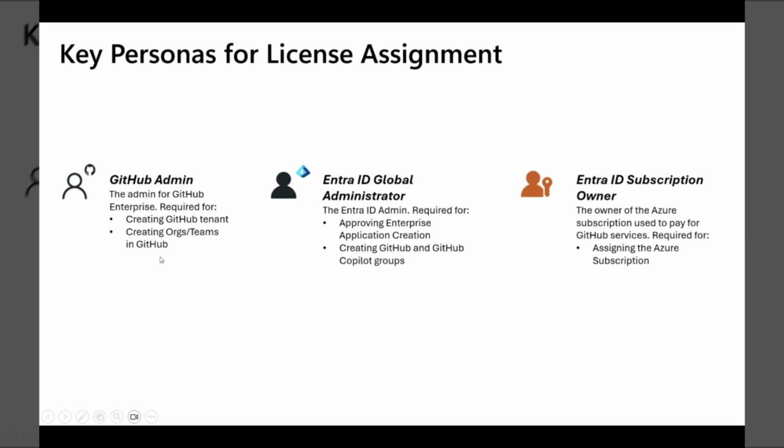A GitHub administrator who will be responsible for creating the GitHub tenant, the organizations and teams as well in the GitHub tenant, an Entra ID global admin who will be responsible for creating groups for your GitHub users and also approving anything that needs to be approved for the connection, as well as setting up that connection with your identity provider. And of course, the Entra ID subscription owner who will come into play in the next video